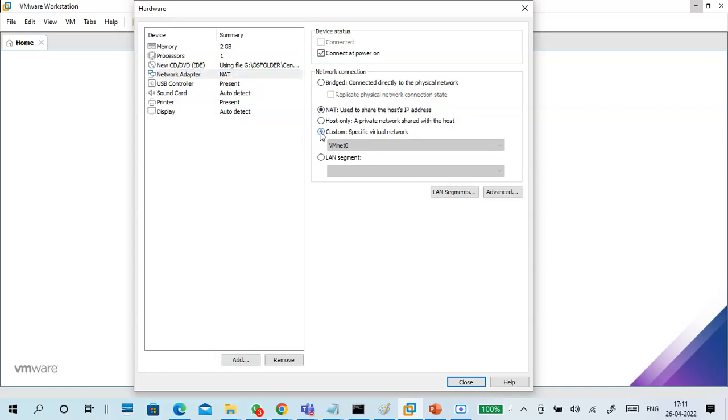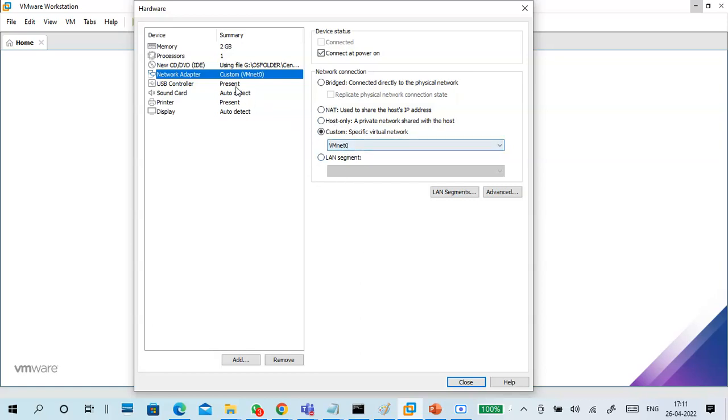Okay, network adapter VMnet 0. Okay, no problem. Unlike our Windows, it won't get updates automatically. Even though there are updates, it will ask you, do you want to install? So we have to update. If VMnet 0 is not working, then you can go to VMnet 1 or NAT, bridge, that kind of stuff. But VMnet 0 I'm using currently. If you get any problem with VMnet 0, we'll see that.